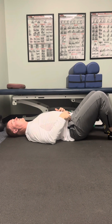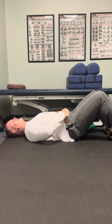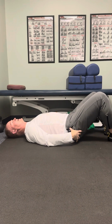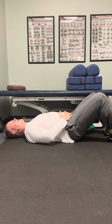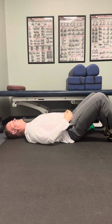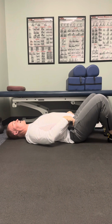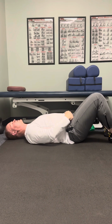Then I want you to do the opposite of that. Tilt your pelvis back, round your back into the table or mat, and then your tip of the tailbone is up off. And then I want you to breathe in and fill and appreciate what you feel. Do you feel front, sides, and back? Do you feel that down into your pelvic floor? Where do you feel it? And then practice tilting back and forth to the tip and the base,